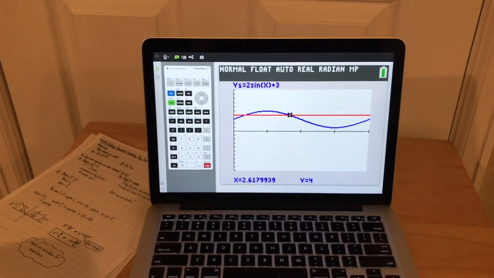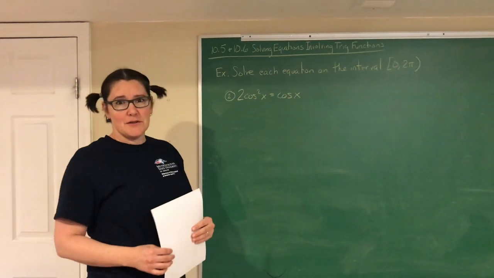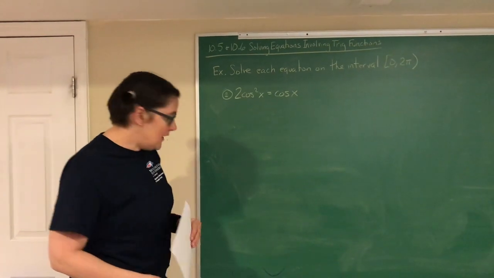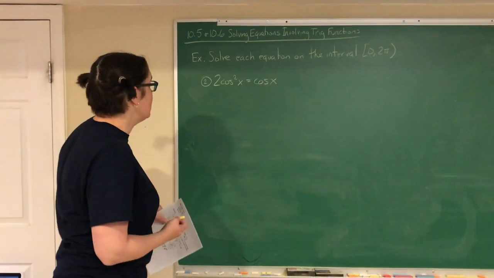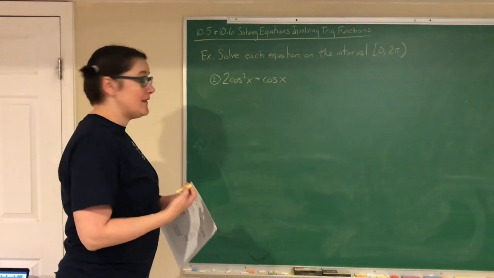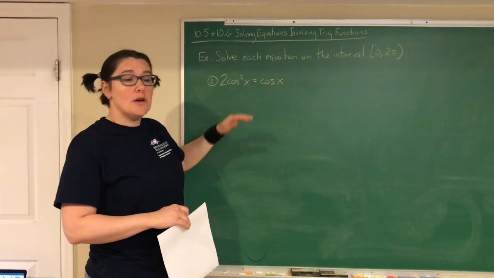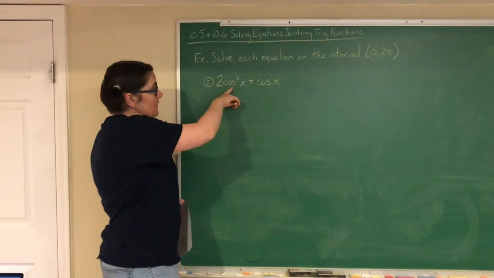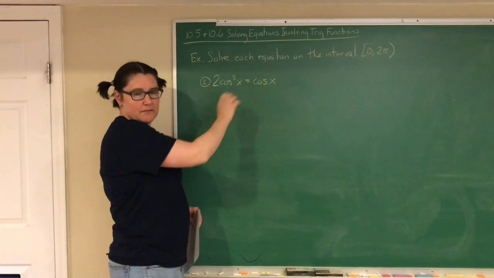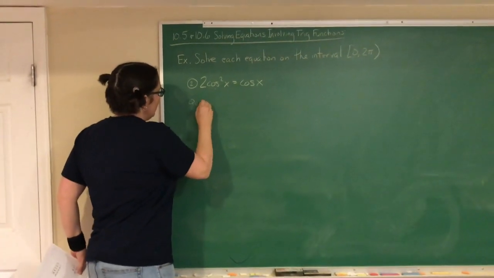All right. We're going to take a look at our second example. Okay, so now we are ready to take a look at the equation 2 cosine squared x equals cosine of x. The first question that I want to ask myself when I want to solve one of these equations is, what type of equation is this? And because we have trig functions in here, the question that I'm asking is, what type of equation is this in terms of the trig function? So here I see that our cosine function is squared, and then over here it's linear, but the biggest power is the square. So this equation is quadratic